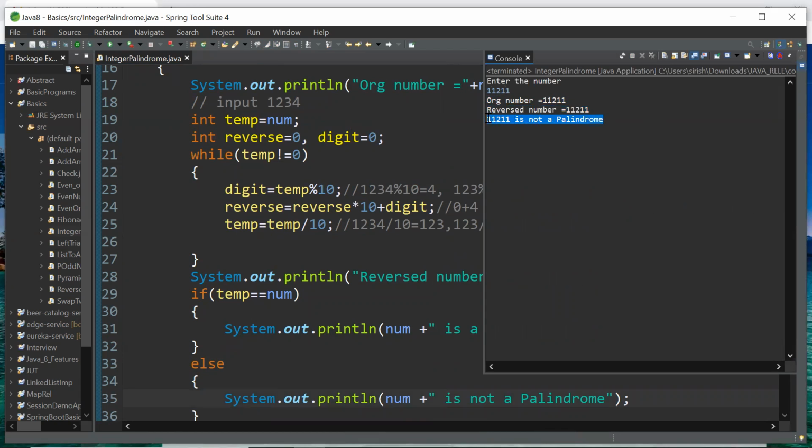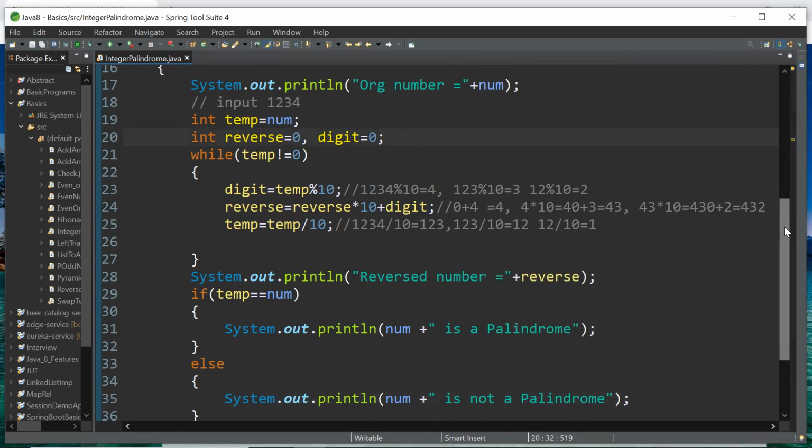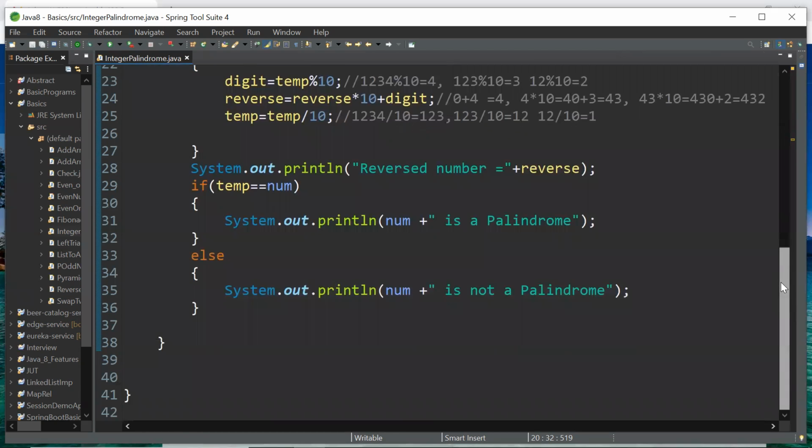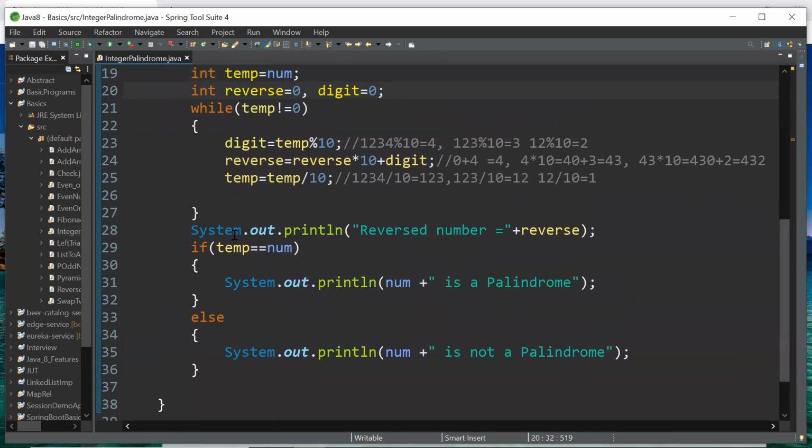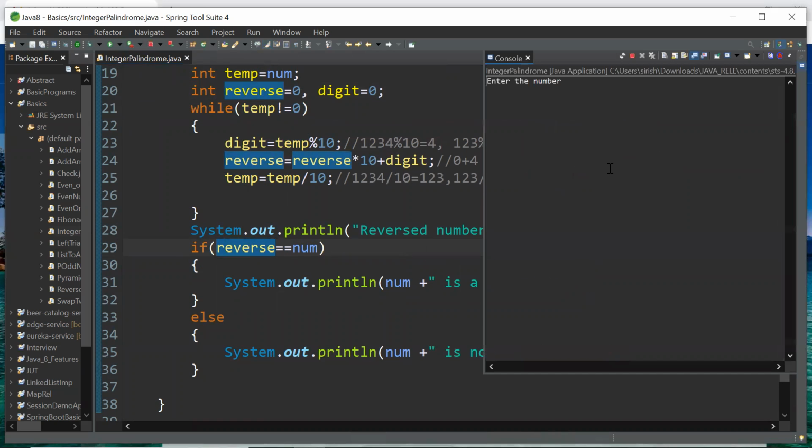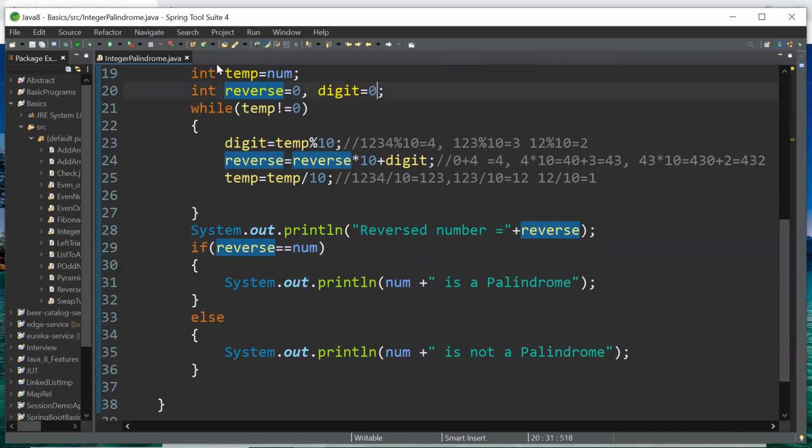It means 1121 is not a palindrome? No, it should be a palindrome. So where is the mistake? Oh, I got it. We should compare with the reverse. Let's see how it will work. I'll choose 11211. So here we go. It is a palindrome.